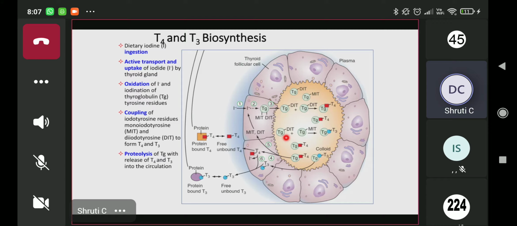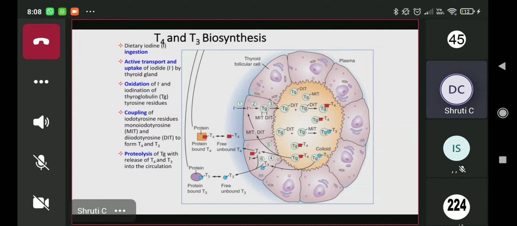So when diiodo is coupling with monoiodo, it leads to the formation of T3. And when diiodo is coupling with itself, it leads to the formation of T4 hormones. Okay, and this process is known as coupling. And finally, how is thyroid hormone then released into the bloodstream, so that it will act? The proteolysis of this thyroglobulin occurs with the help of lysosomal enzymes,